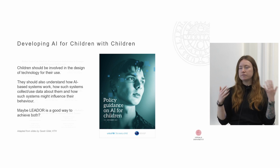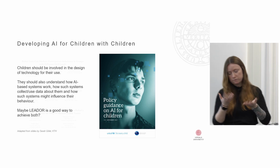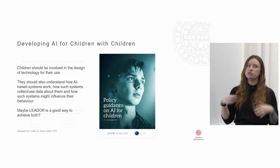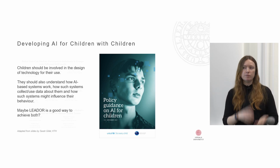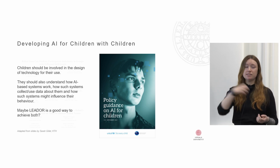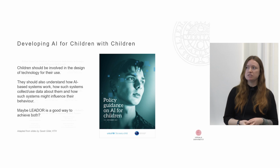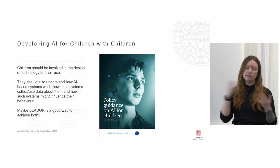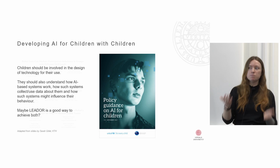If you're following along with the EU AI Act, trustworthiness and human in the loop are really present in these discussions. There was also the question of whether children should be involved in the design of technology for their use. There's also a big discussion about how we need to educate young people around how AI-based systems work, how they collect and use data about them. I think we could all understand that better, but especially children who are growing up with these systems, understanding how such systems might influence their behavior. And I think the method that I posed, this very participatory design and automation, maybe ticks both boxes,